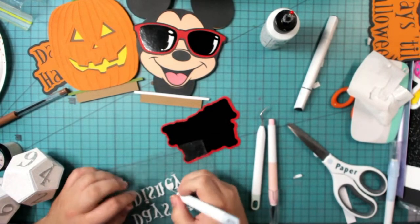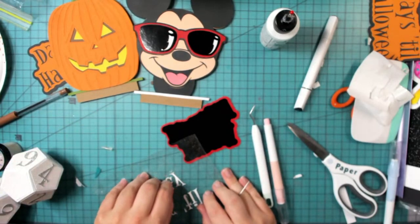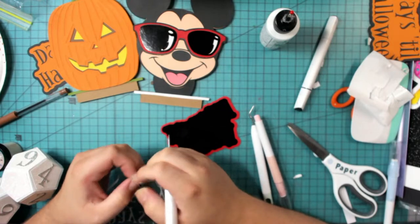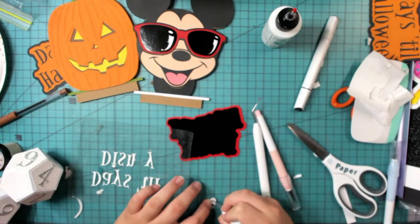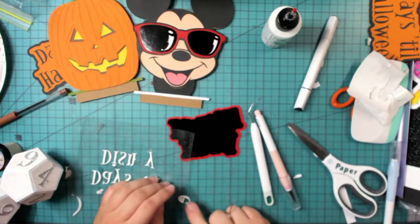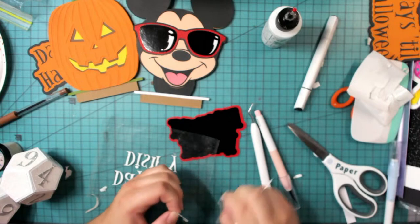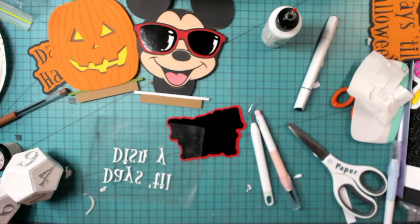Now I get to read the chat. Yeah, they do have a set of skin tone cardstock. They're like the brown tones, I think. Did you get that one? Are you going to work on each letter? Do we have any questions or anything? For those that you have joined...